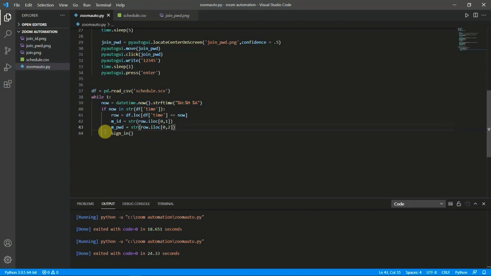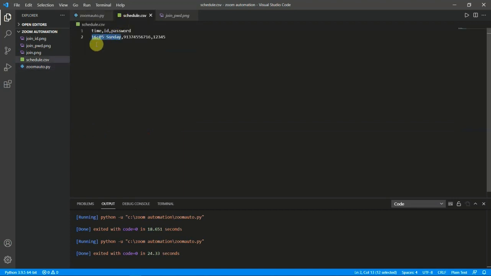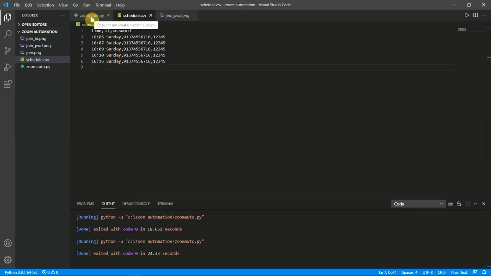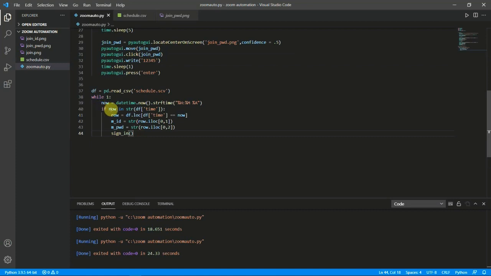Okay, so now what this code is doing is searching the time. If you have multiple values, imagine you have 4 to 5 values, and each will obviously be different.